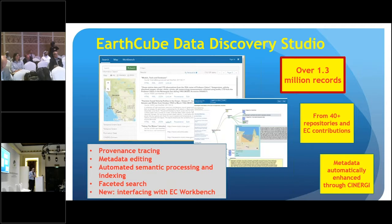So at this point, there are more than 1.3 million records in the system harvested from 40 plus sources of data. These sources include government sources, mostly in the US, also in Australia,